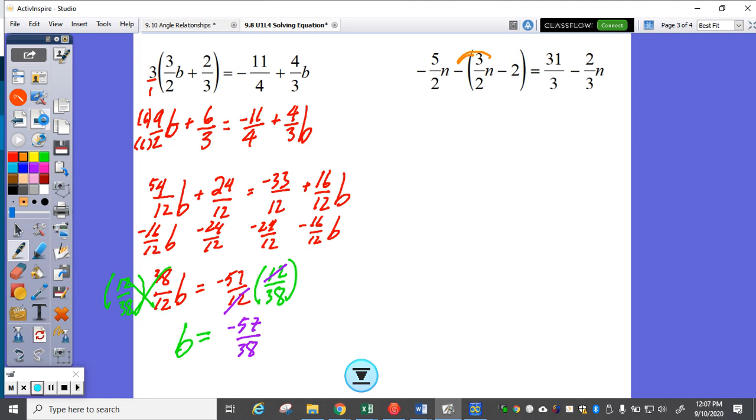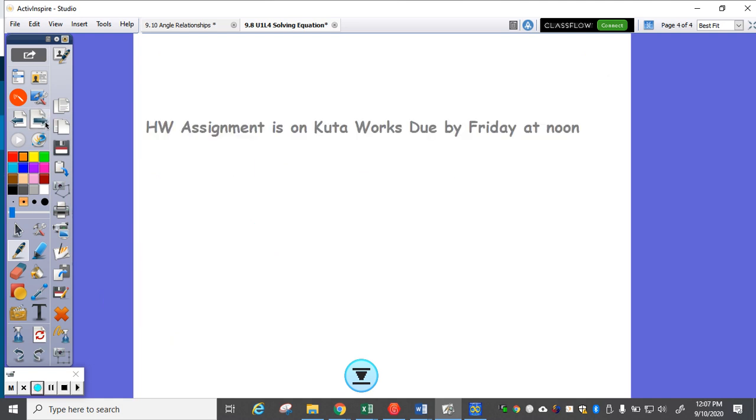All right, so again, homework. All this is just solving equations where I have variables on both sides. I'm going to move them all to one side. But the other part is to make sure that